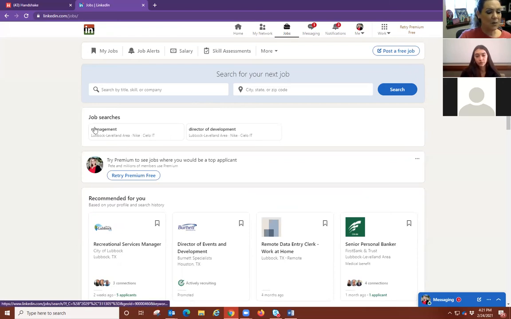I think it's a great way to apply for jobs through LinkedIn. You can set job alerts. So when certain jobs that fit certain criteria come across, then LinkedIn will notify you, will email you about certain jobs that have been posted. So that's really nice. But I really think the most powerful thing you can do with LinkedIn is build your network, of course, but then also if there are companies that you are extremely interested in, then you need to